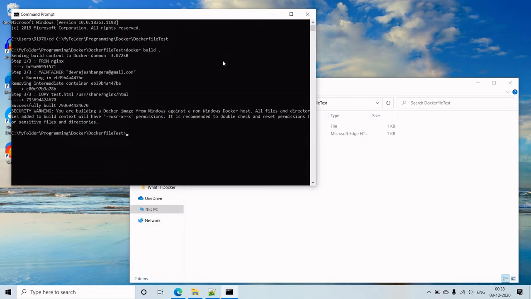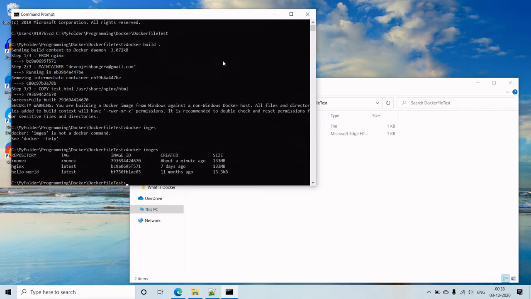Now if you want to see the images that have been created, you can use the docker images command. Now you can see there are two new images that have been created.